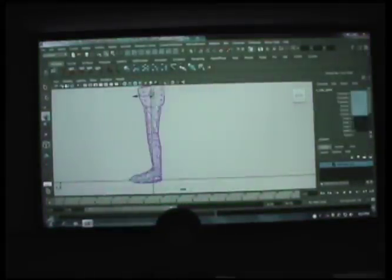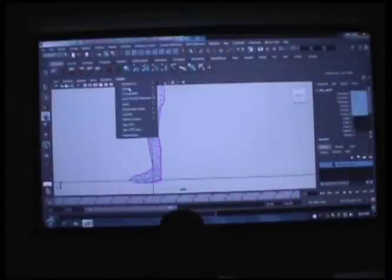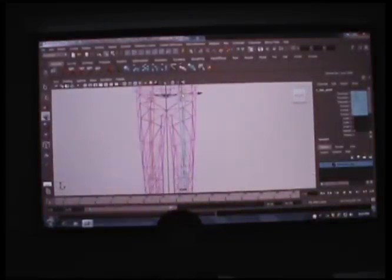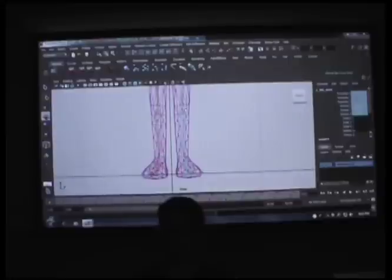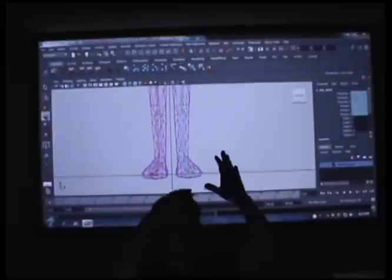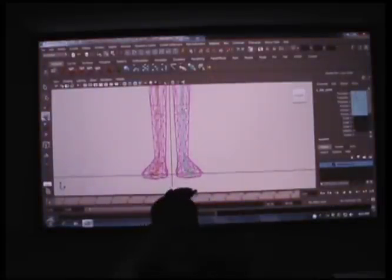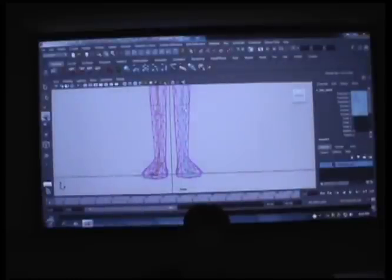So after we did the one leg, we named it L hip, L whatever, left side. Then we went to the front view and we lined it up so that it was in the middle of the leg. Then we made sure our local rotation axes all matched, so that when you rotate this joint on X, it matches this joint on X, and all the axes are going the same direction. So that when you rotate them all as a group, they don't just go all crinkled up. So once you've got your axes oriented correctly and everything named right,